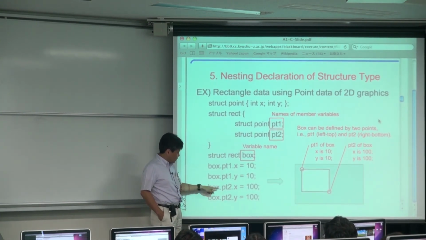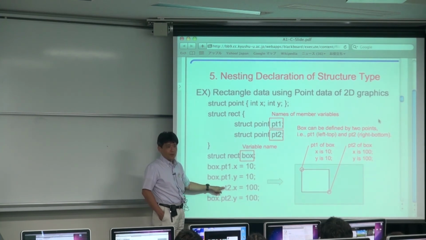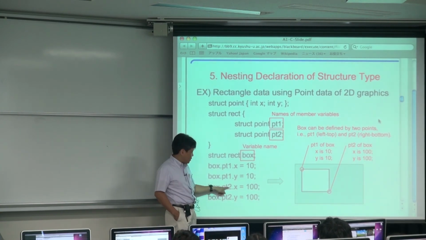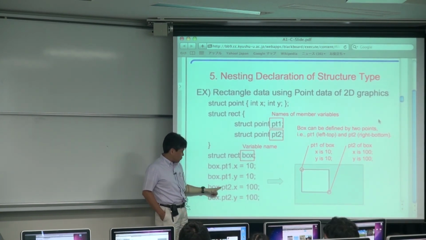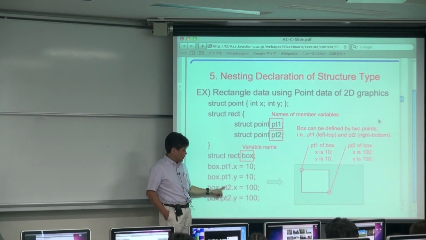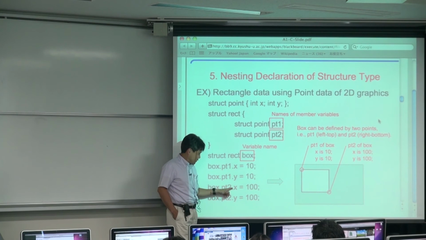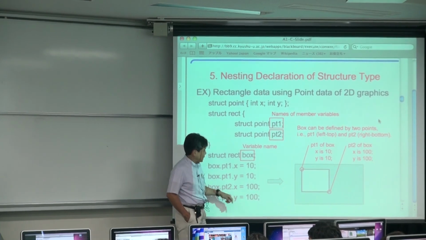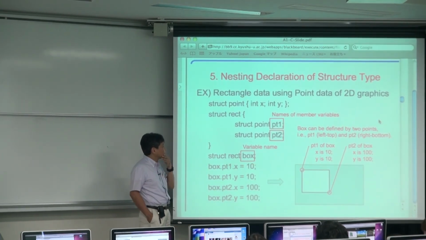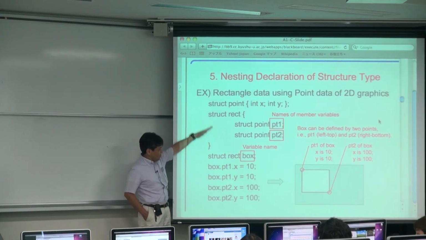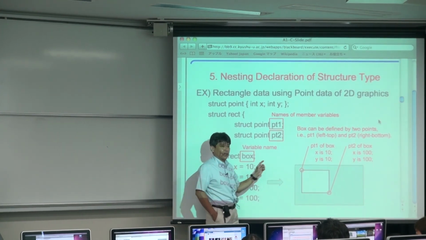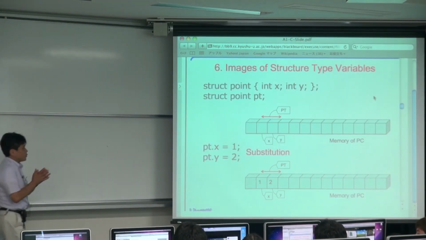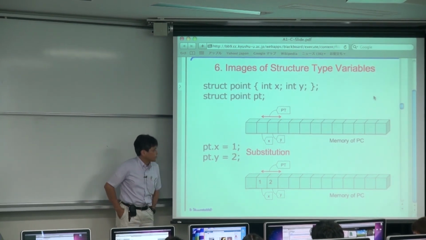And box also has pt2 as its member variable. So pt2 also has point structure data. Its member variables are x and y. So box.pt2.x, using this form, you can substitute the initial value, in this case 100, 100. Okay? So with these sentences, you can specify the new data, the rectangle data. Okay? So like this. This sheet shows the image of the physical memory